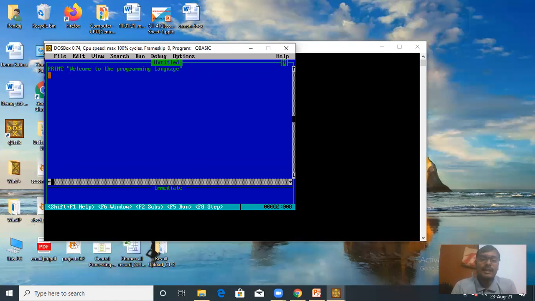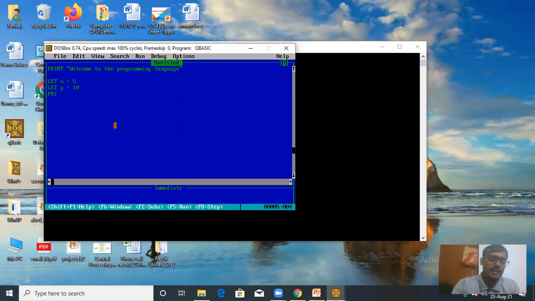Now, if you want to add some values, you have to first assign them. Suppose you have assigned the value of x equals 5. So you have to write LET x = 5, and then again you will assign another variable, LET y = 10. Press the enter key. Now you can add both the values. You will print the addition of x and y, so the computer will add it.